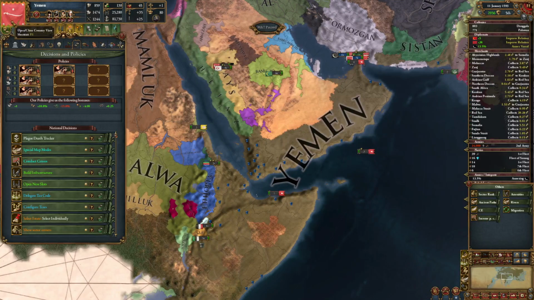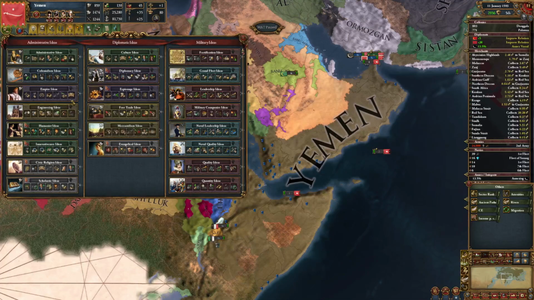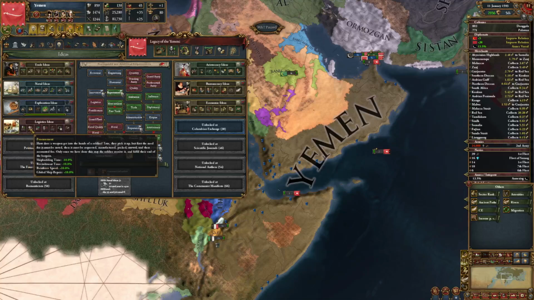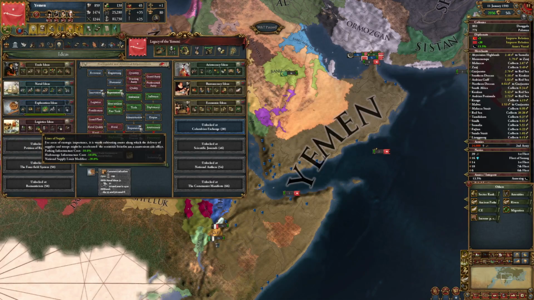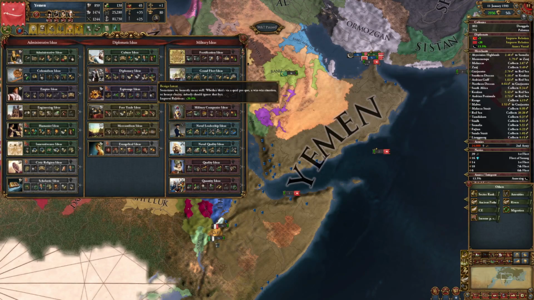And also maybe pick some ideas to reduce autonomies directly if you, for example, have a very large pathing or road-based country. There are also, for example, idea groups like logistics here, which reduce the costs to build these kind of road networks. Here, for example, pathing infrastructure costs and harborage infrastructure costs. But there are also idea groups like administrative, which immediately give 10% reduction to CE. So basically your guys are running faster, or they are better organized in the end. And there's also one in diplomacy, I think.